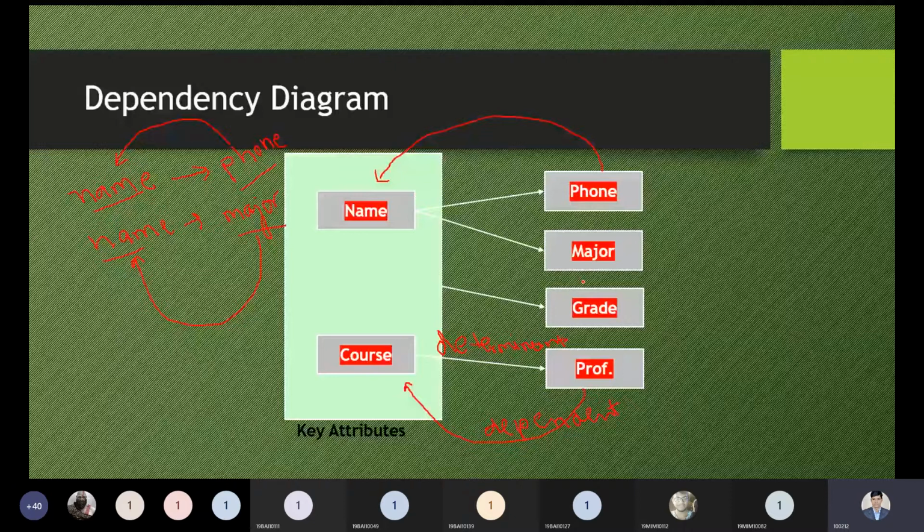Suppose the name attribute does not belong to the relation, then what is the sense of putting the phone and manager? How do we identify which student has a number, which student does not have a number, and which number belongs to which student? Which student has opted for chemistry, physics, computer science, or mathematics subjects? So the subject can be identified by representing the student name as well. So this is the point. So phone and manager are two different attributes which are dependent on the name. So this is the functional dependency.